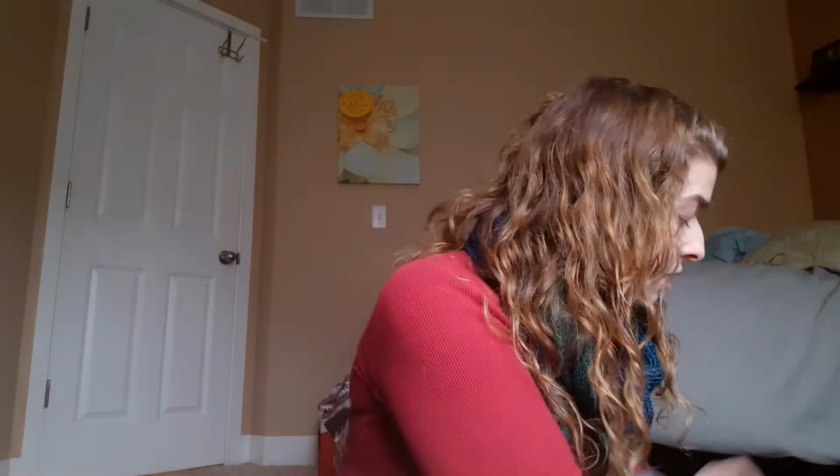And yes, it is a different color because, like I said, I did not have a lot of this. I found it on eBay and I'm just using whatever I had. So after mentally estimating my yardage and everything, I don't think I have enough to do the entire sweater in just that color. And I was definitely gonna do